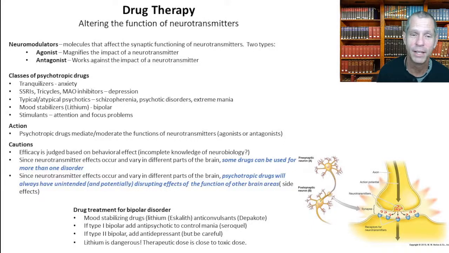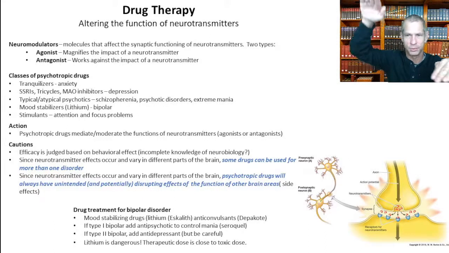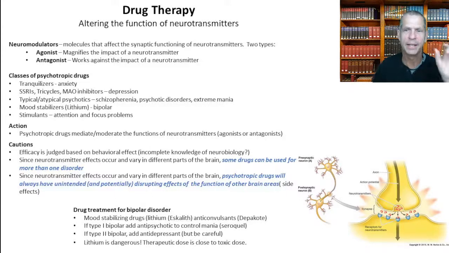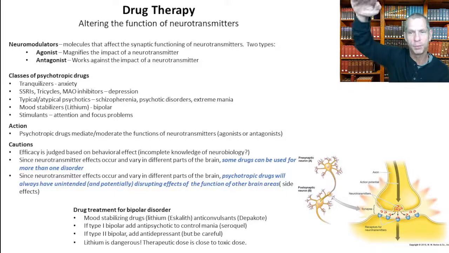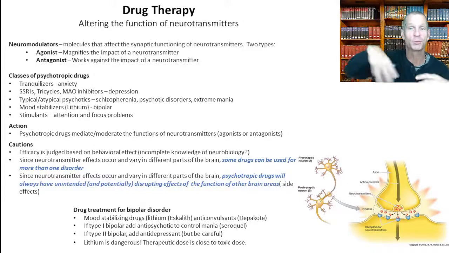Now, I want to tell you in general, lithium is dangerous. The therapeutic dose is close to the toxic dose. When we evaluate the danger of drugs, and when they tell you that, let's say, heroin is more dangerous than alcohol and alcohol is more dangerous than marijuana, what they're doing is they're telling you about the difference between the therapeutic dose and its relationship to the toxic dose. Okay, drugs that are not dangerous have a therapeutic dose which is much smaller than the toxic dose. So you smoke one joint and it gets you high, but there's no amount of marijuana you can smoke to kill you.